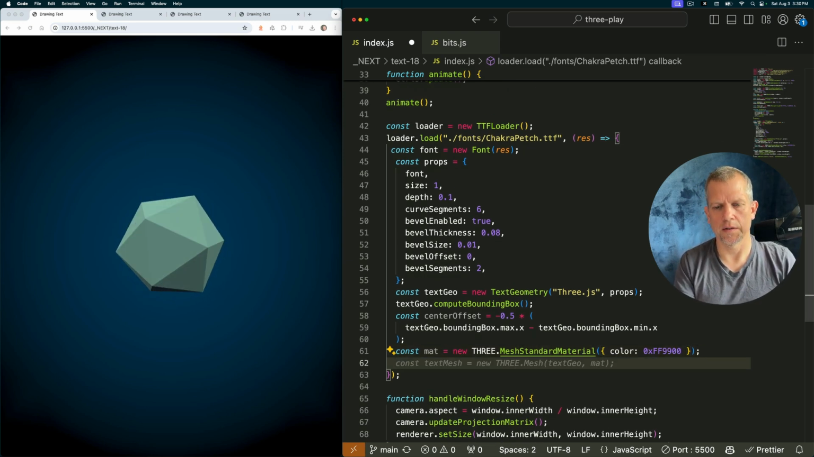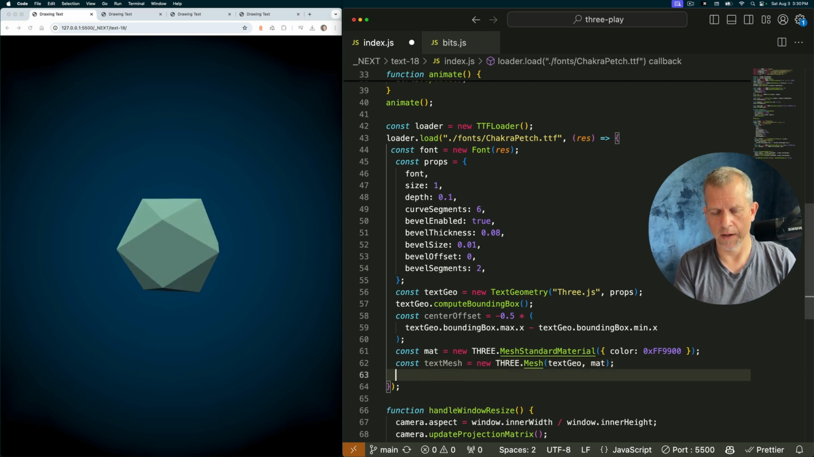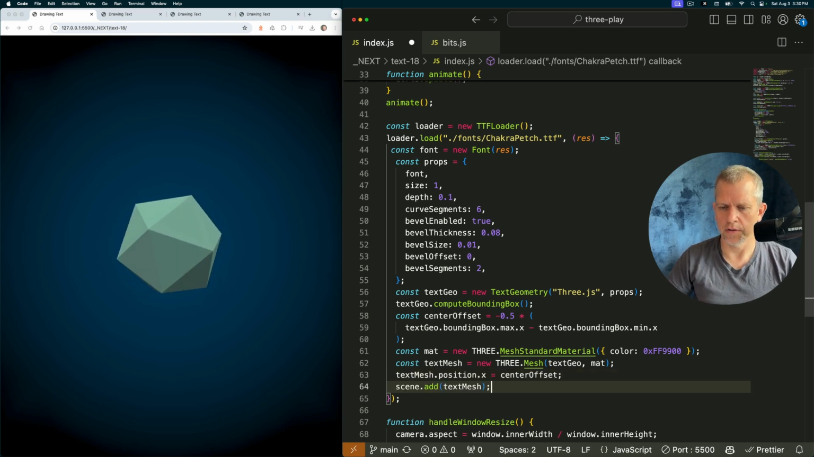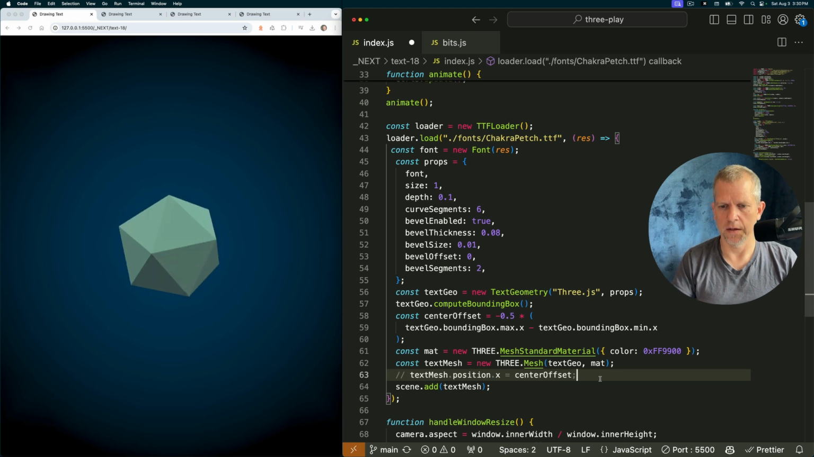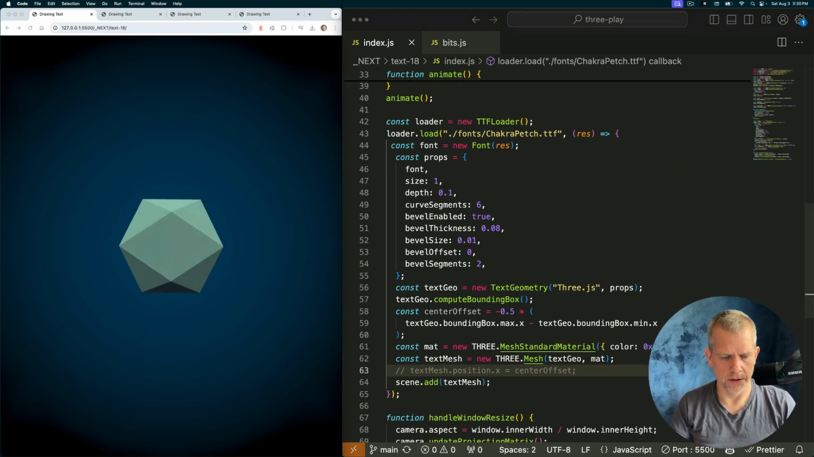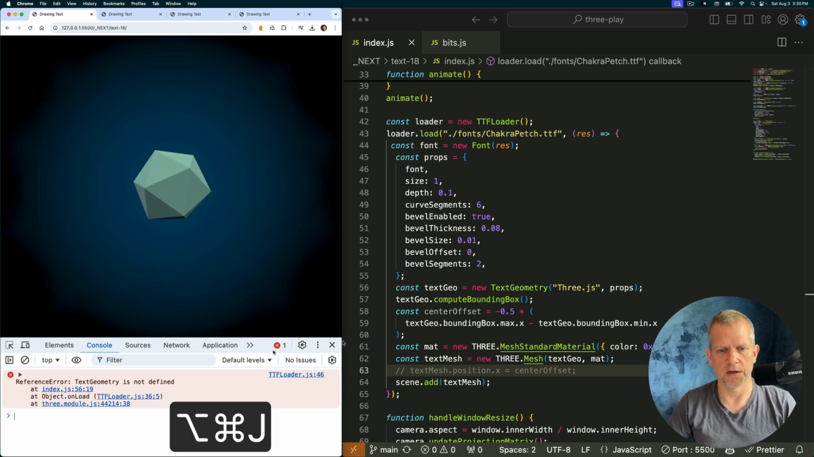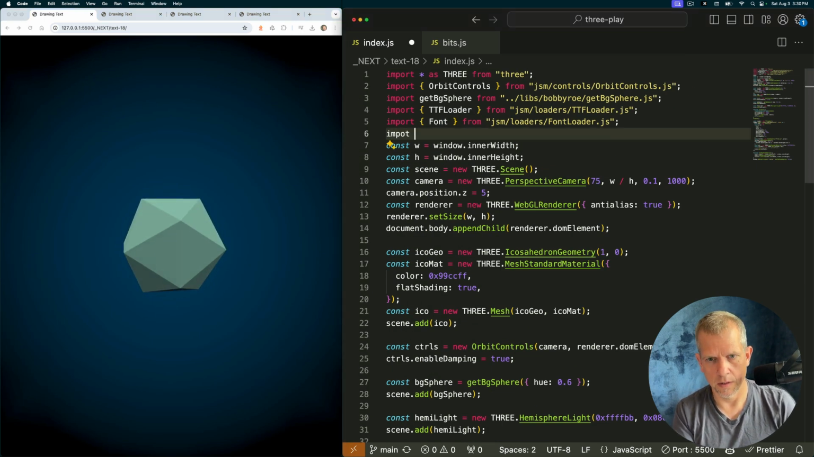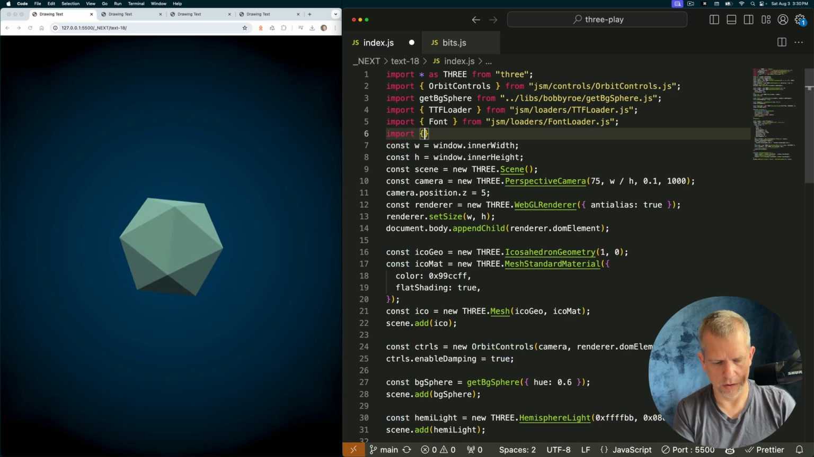Now we're going to create the text mesh, which is just a mesh passing in that text geometry. Add it to the scene. Oh, I'm setting its position, so it's offset. I'll show you both without and with the offset. There's an error, or else I would see it. TextGeometry is not defined. My bad. Let's import the TextGeometry